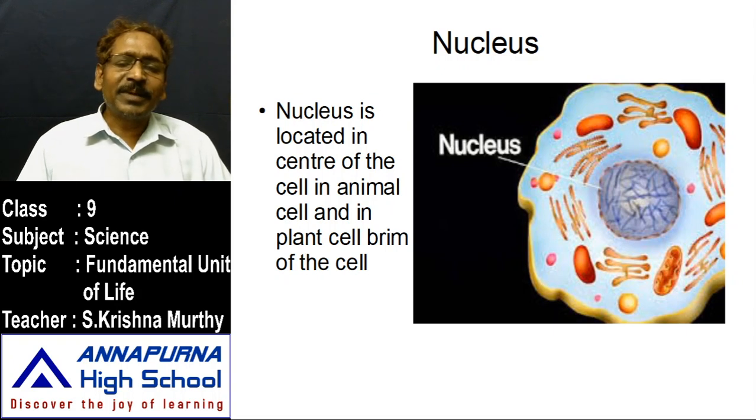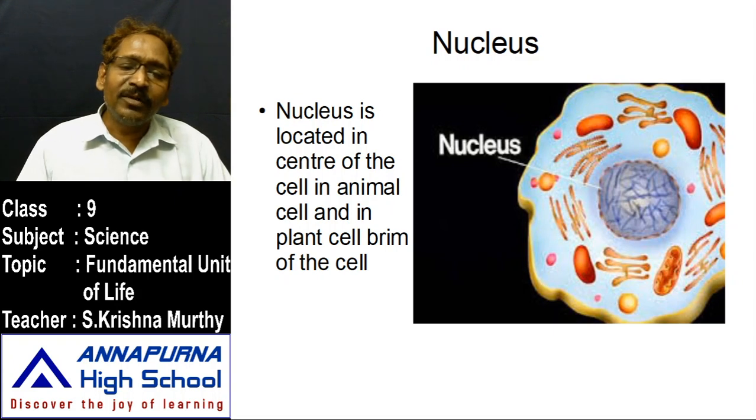The nucleus is present in a plant cell besides the brim, because the vacuole, while growing, may push it towards the brim of the plasma membrane, but in an animal cell it occupies the center of the cell, and